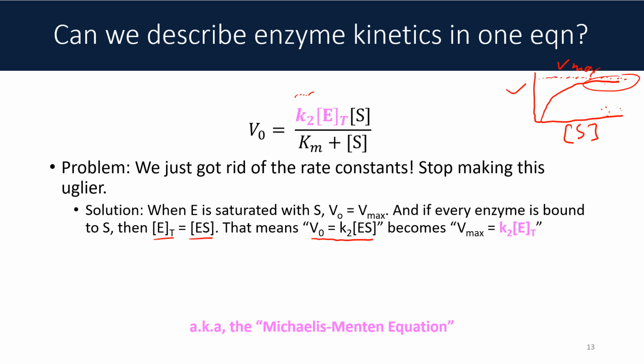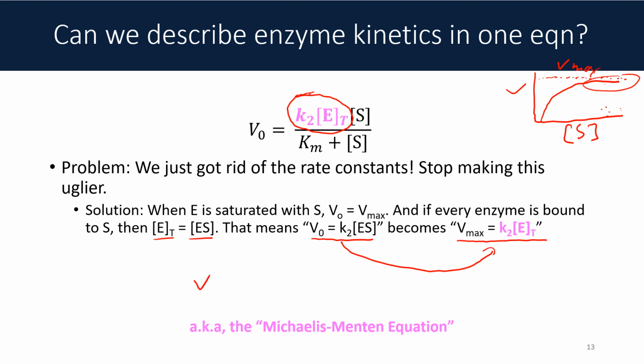So we can take this generic rate law, V naught equals K2 times ES, and make it Vmax equals K2 times ET. And look what we have over here in hot pink. K2 times ET. This will allow us to do a substitution of this term, where K2 is going to be kind of tricky to find, I guess. And we can swap it in for Vmax, something that we can obtain graphically,